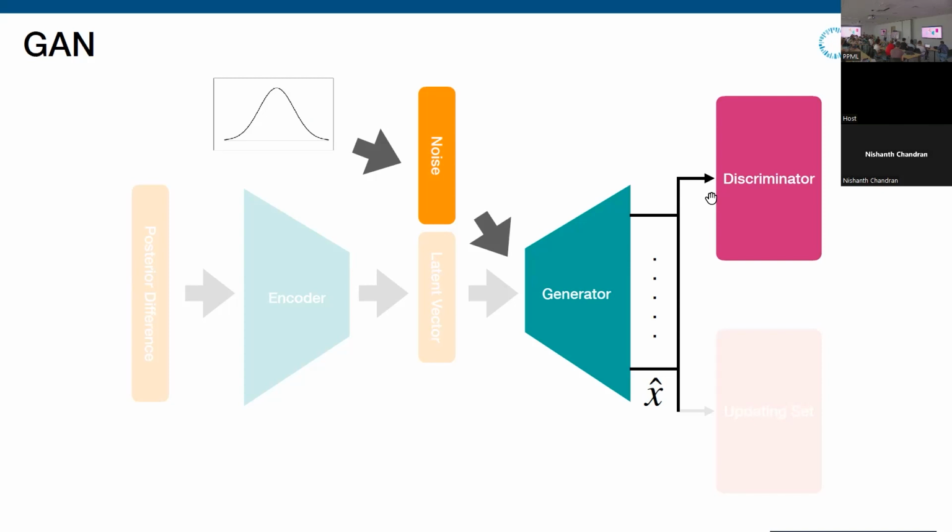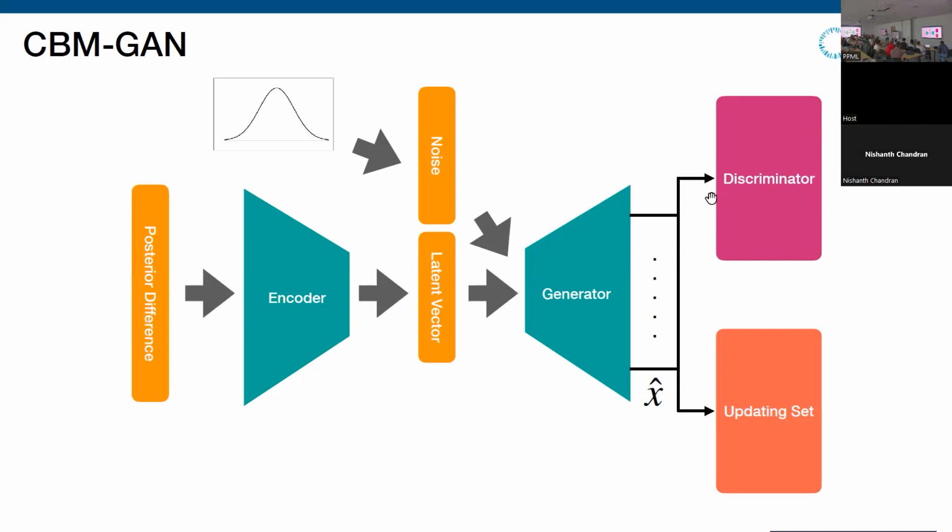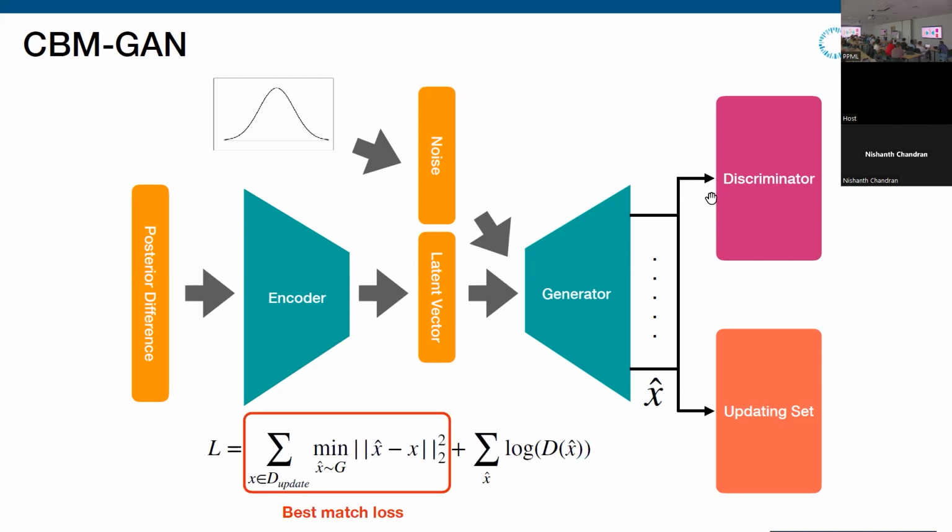At that time, to deal with our problem, we built a so-called CVM GAN, because you need to combine this with the posterior difference, which is the text input. I put the posterior difference into the encoder and get a latent vector. I pair it together with noise, to make sure that throughout the training process the generator has a connection with the posterior difference. Otherwise, I'm just training a plain GAN. So in my loss, I introduce the so-called best match loss. This is a loss for the generator. If you ignore the things in the red box, this is a classical generator loss.